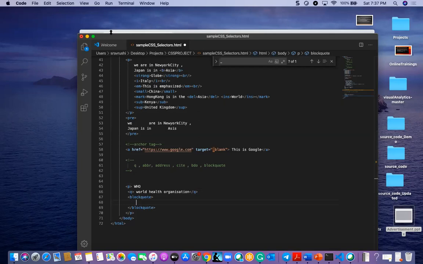Let us see how it will come. http://google.com, and here I am going to have some text: best search engine.